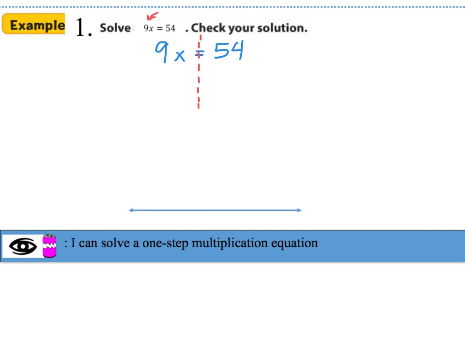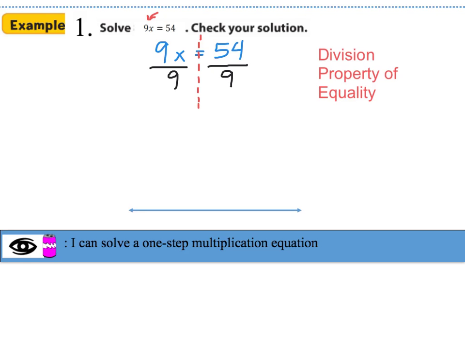And since I'm multiplying 9 times x, I want to use the inverse to isolate the variable, or to get the variable by itself. So instead of multiplying by 9, I'm going to divide by 9. But I want to make sure I divide by 9 on both sides. This is an example of the division property of equality because I divided by 9 on both sides to keep